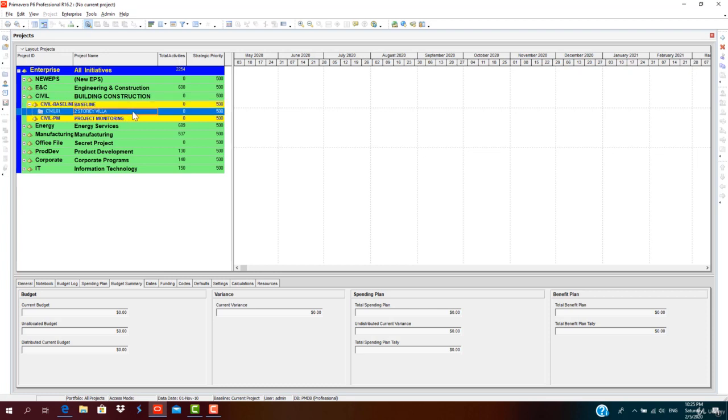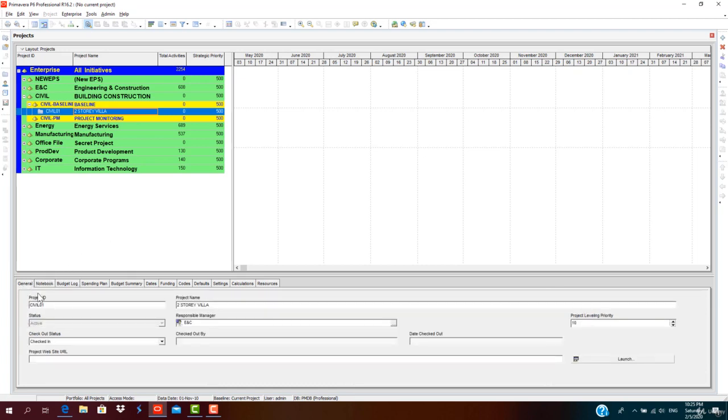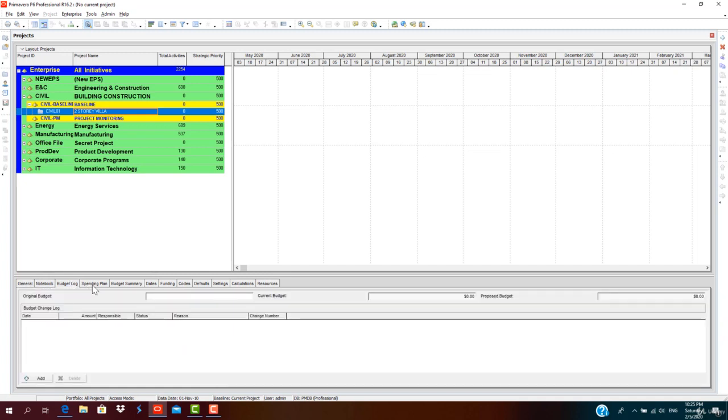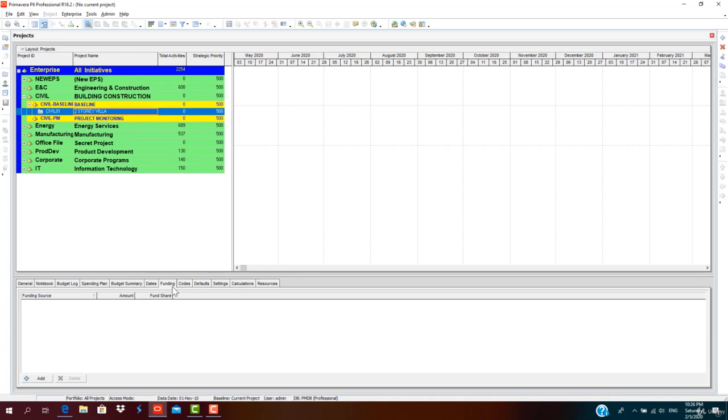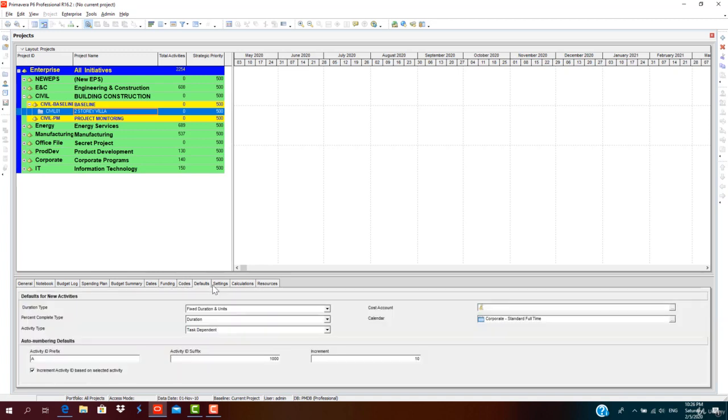So we select our project. Please do recall, before we go into the creation of the detailed project program, we must check all the details, as we discussed in the previous session. Most importantly, we must check the projected planned start date, data date, and must finish date. So once you have checked all the aspects and settings of